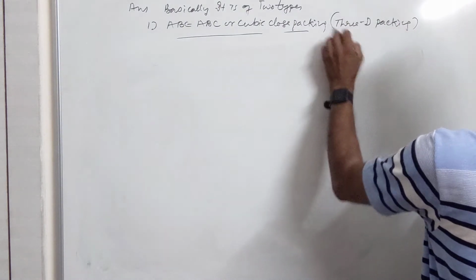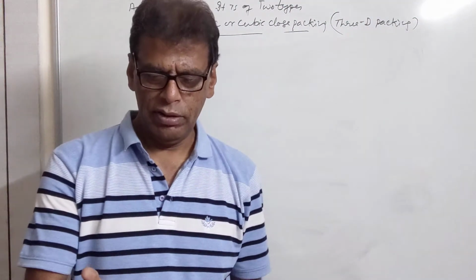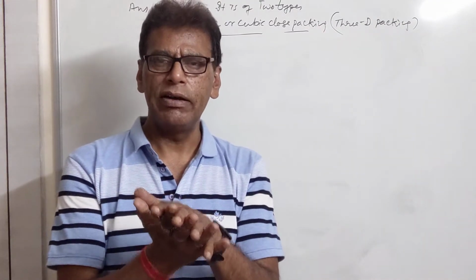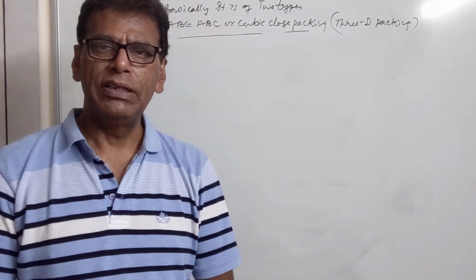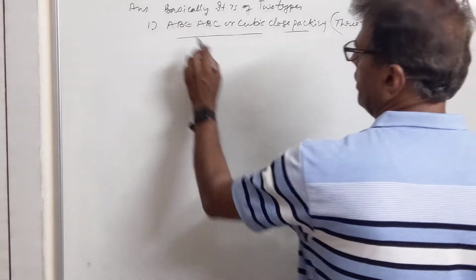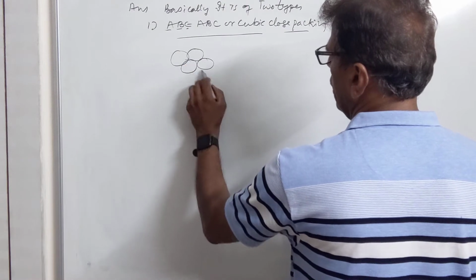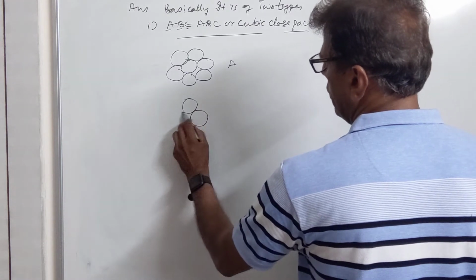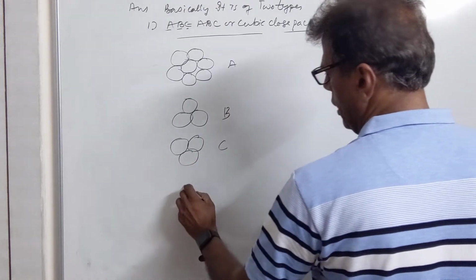In this type of packing, one layer of spheres is placed over another layer of spheres. When the second layer of spheres is kept on the voids of the first layer, and then the third layer is placed on the common voids of the first and second layer, then we get ABC type of arrangement. And the three layers are different. Suppose we have this first layer, this is layer A. Then we'll have this layer, this is layer B. Now this will be layer C, and it will go on.